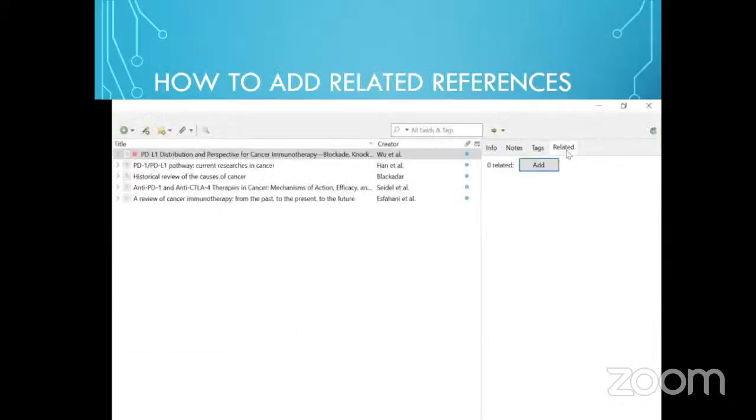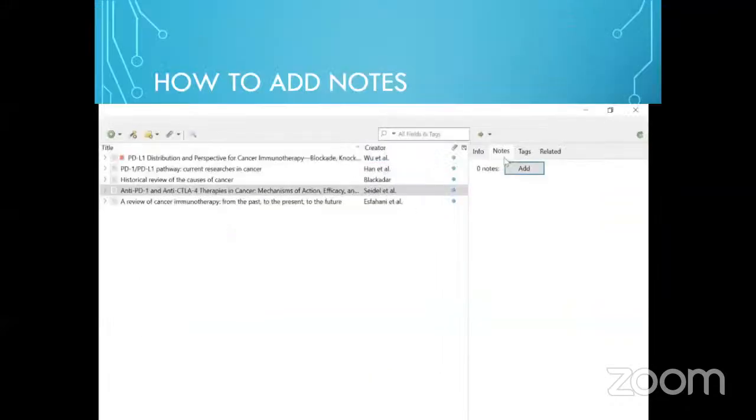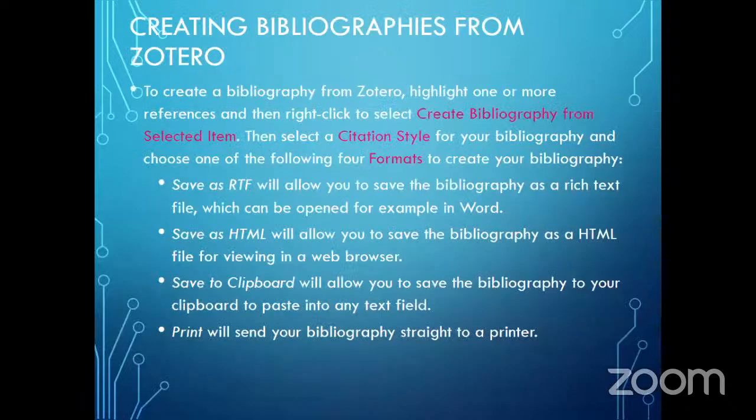The third thing is how to add related references. Some references, they are related to others. You will find the icon related. You click on it, and then you add, you click OK, and then they will be added together. Also add notes. All of them, they are together: notes, tags, and related. You add notes, and you can add your comment, okay? This is one of the best ways to organize our